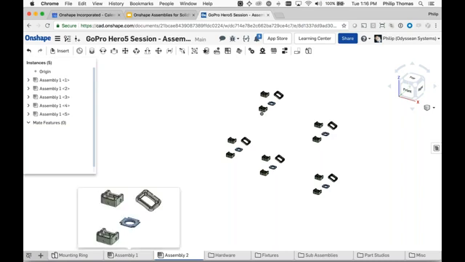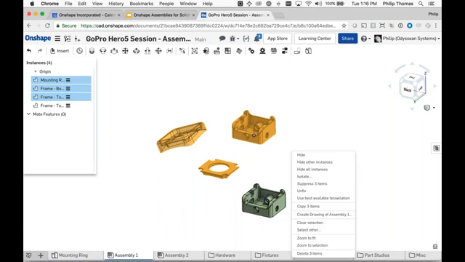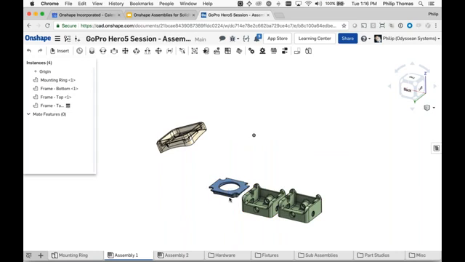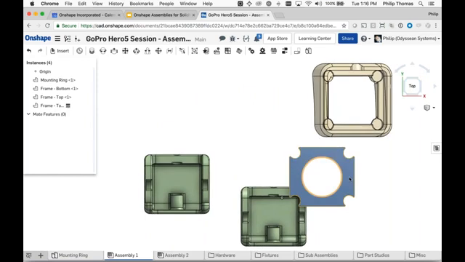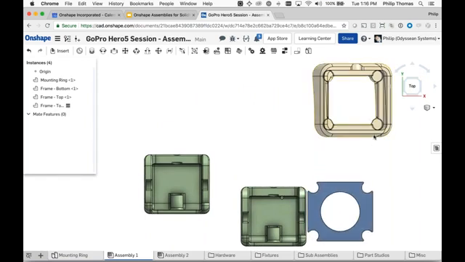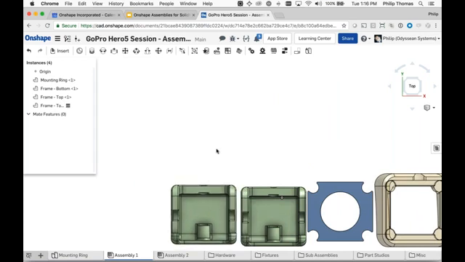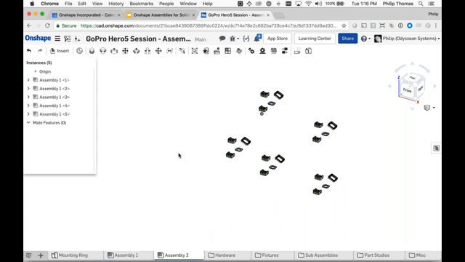Awesome. And of course, I said that everything was associative, so if I come back to this assembly and move these, I fix them all, so let's unfix everything, unfix. Move this around, I know one of them is still fixed, yep, so let's just move these together. It is, of course, my expectation, and I'm avoiding actually mating these for now because I need to come back and add some mates. There you go, they're not in a horrible row. Come back to this assembly, and